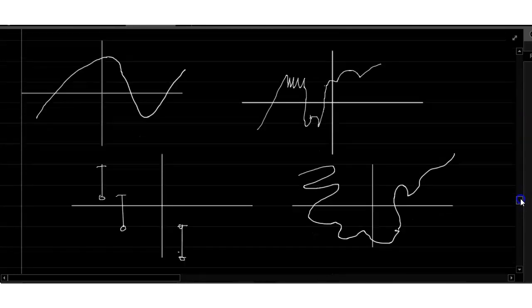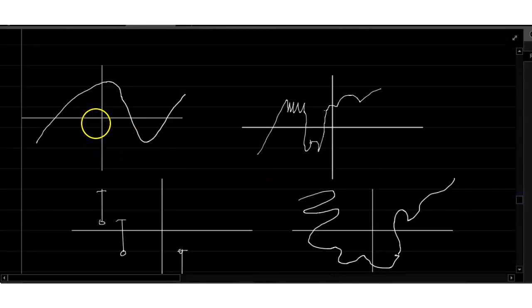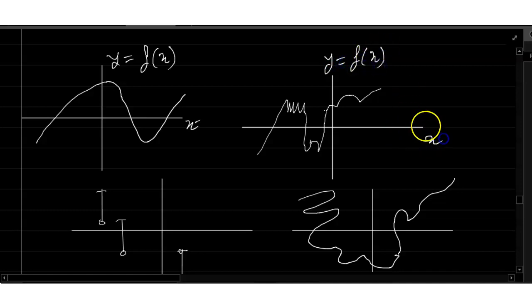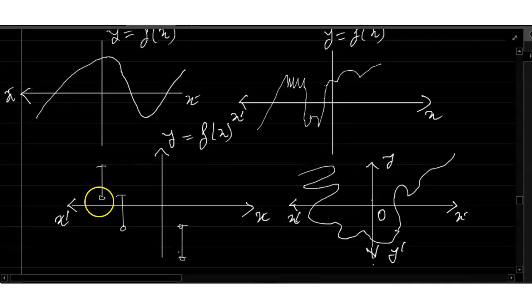So let's see that this function, this is y and this is x. y is equal to f(x). This is y is equal to f(x). This is y is equal to f(x). So friends, whatever you see,